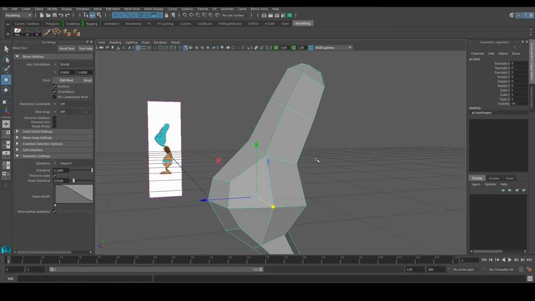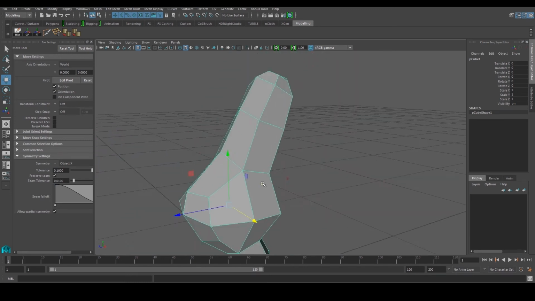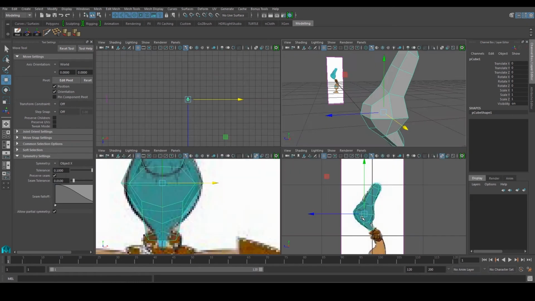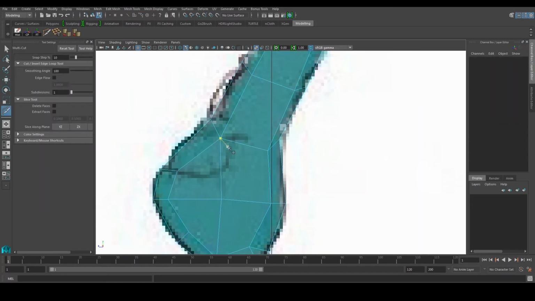Alright, so what I want to do next is perhaps to tackle the mouth first. So what I can do is I can start to use my multi-cut tool, and I can start to draw lines around this area over here, and start to create the profile of my mouth, right?